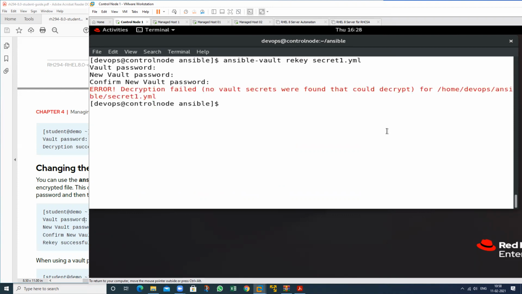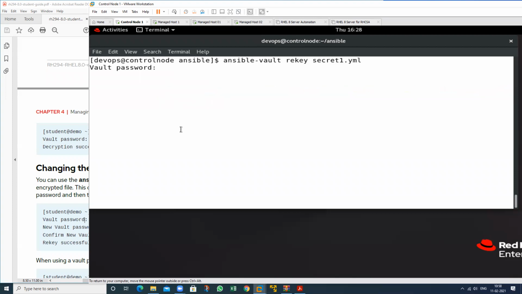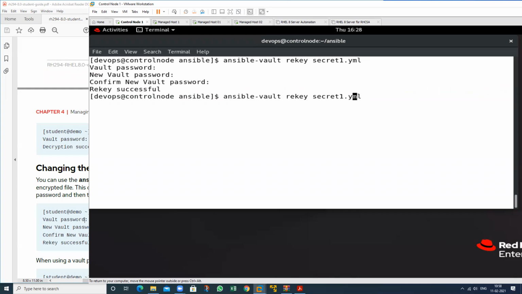I have typed the wrong password here. This is not taking. So if you type the password, this is my password, that is Reddit. Then I want to change the password to 123. So Reddit will be changed into 123. And if you want to view this particular file, you can view it using 123. So see, my password has been changed. Before this it was Reddit, but now it's 123.